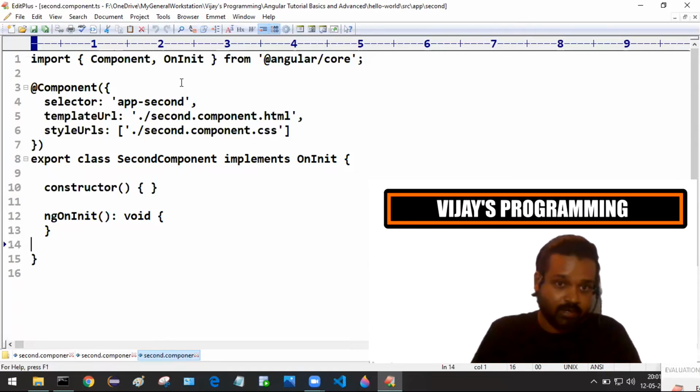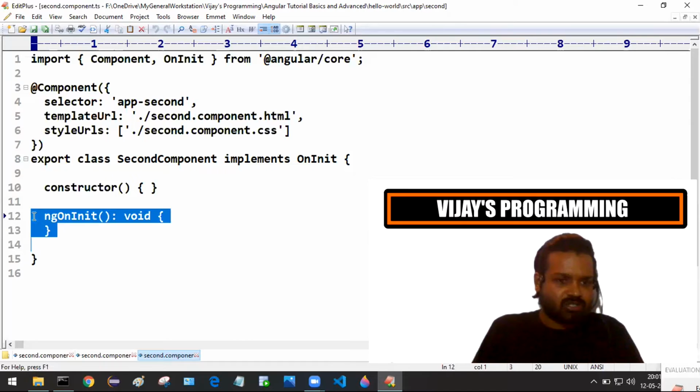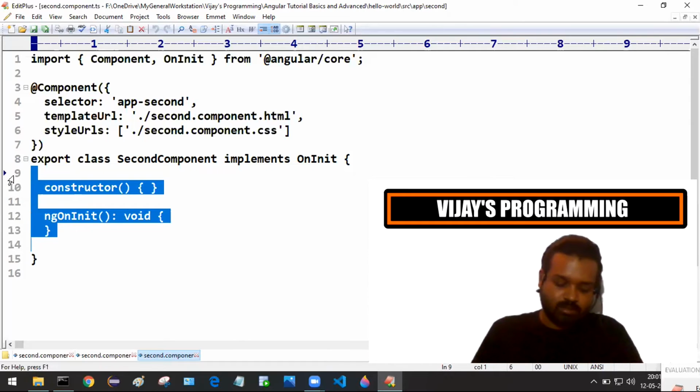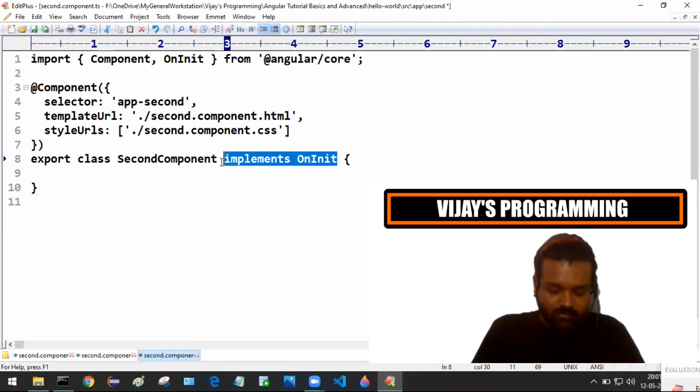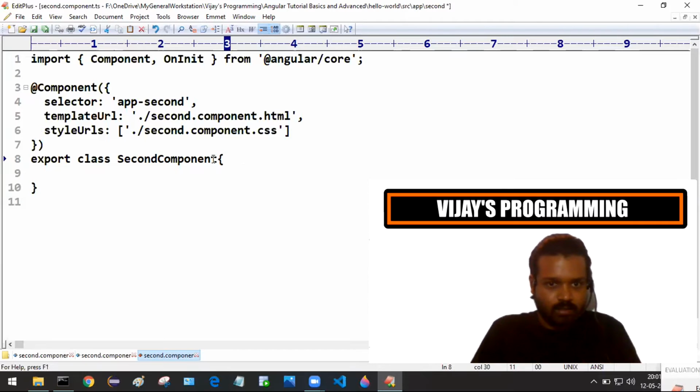But we did not have this extra content like the constructor or ngOnInit, and we don't need those as of now either, right? So I'm just eliminating this. Okay, we don't need this as of now. I'm just keeping it simple, and you don't need the OnInit import as well. Okay, save it.